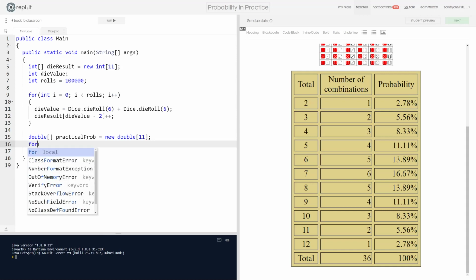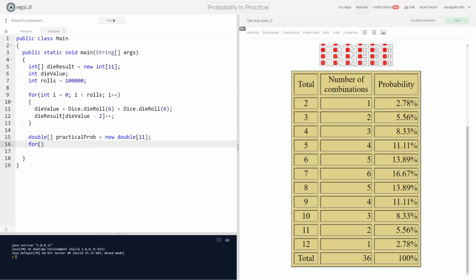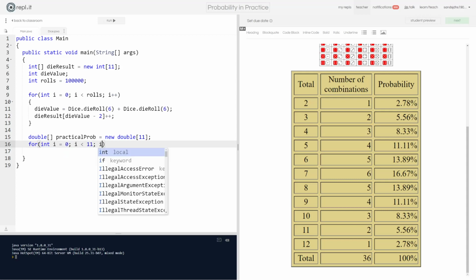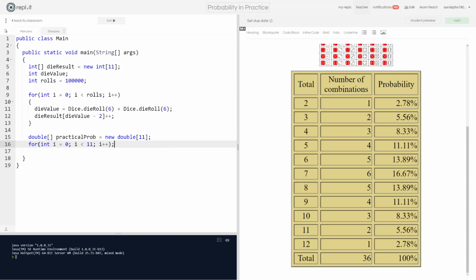We're going to do another loop that loops for int i equals 0, i is less than 11, i plus plus. Then we'll say in this loop,